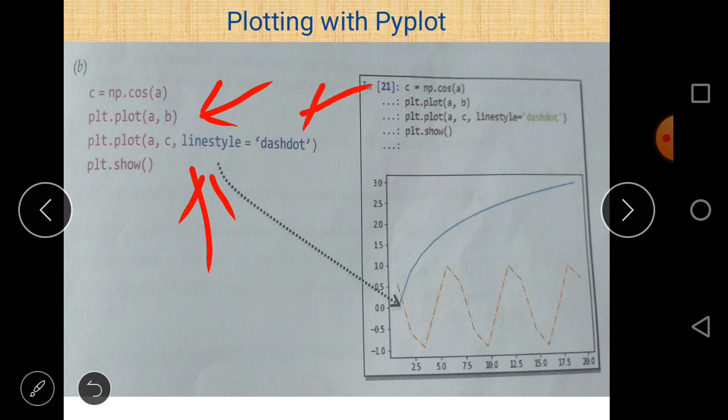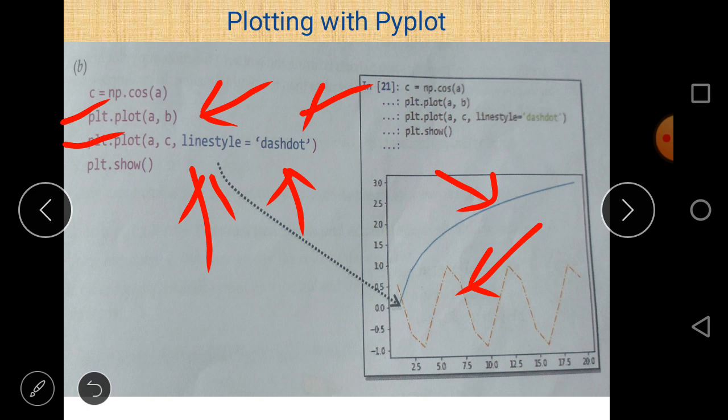In this case we can easily see that by default the line style is a solid line. If you don't mention it here, solid is the default. It means that solid lines will appear even if we don't use line style as an argument. In the second case line style is equal to dash dot. That's why the line style is dash dot when we use plot A C. So this is used for A C and this is used for A B. Two different line charts are here, first for A and B and second for A and C, and in the second case there is a dash dot line style. That's why there is a dotted line here.